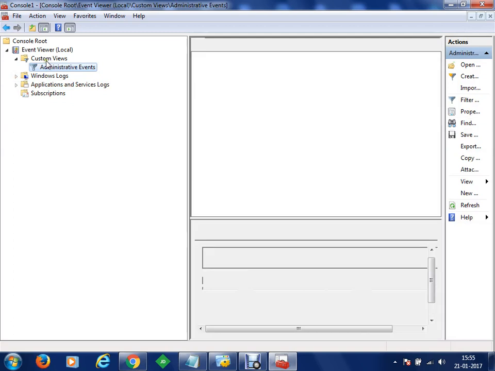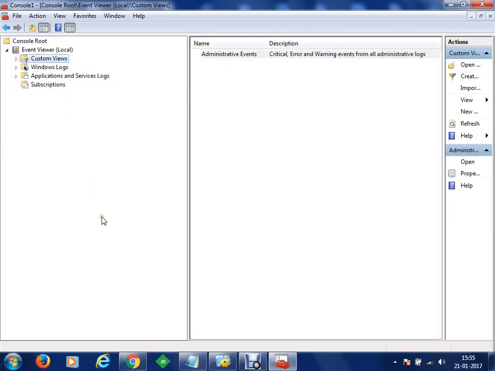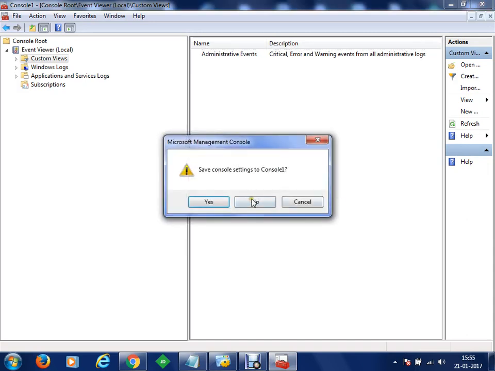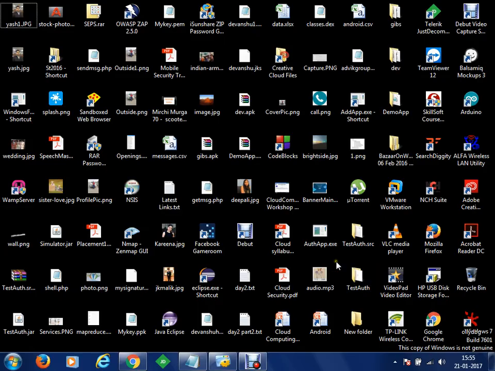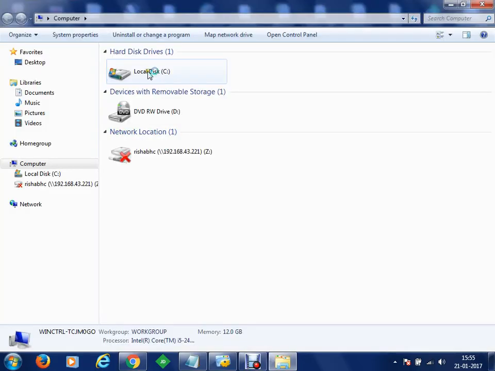So I hope you understood what Windows events are and from where you can view the logs of the events. Okay, we can go into much more detail on these events as we progress further. Now what I would like to show you next is that you can check the server logs, and there are various other logs maintained in the system, which can be checked from your Windows System32 directory.